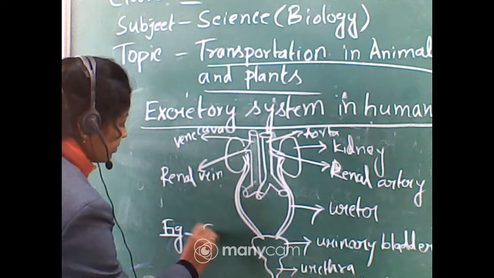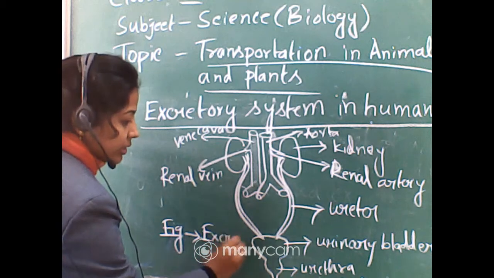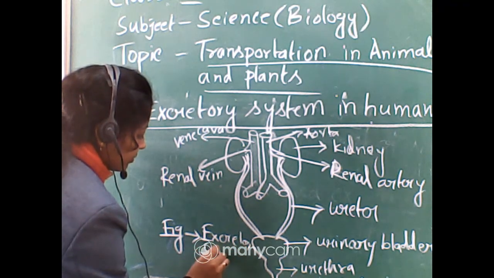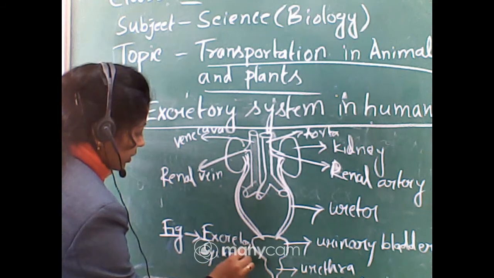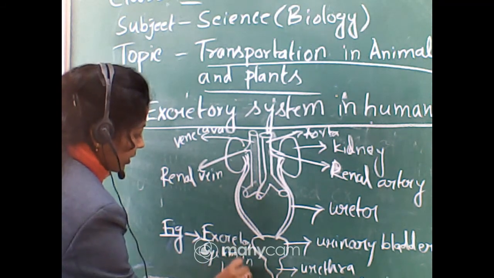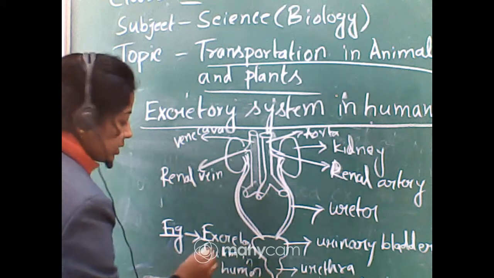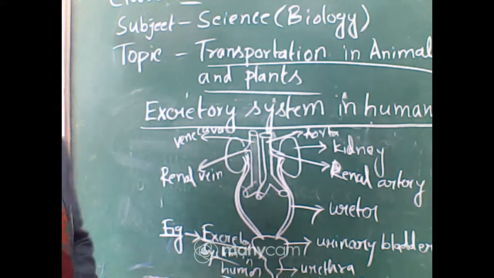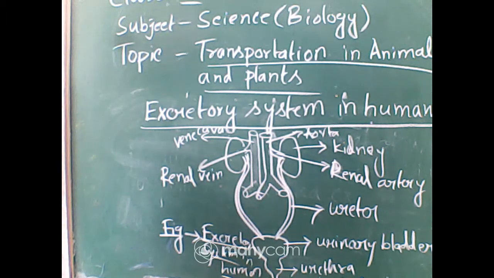Excretory system in human. Okay, you have to mention this, excretory system in human, in the lower portion of this picture. Now this excretory system of human beings consists of different organs. First we have seen